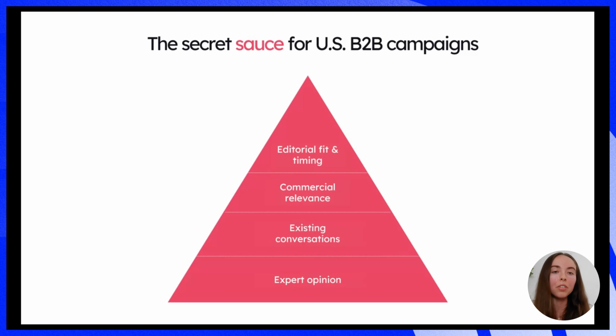And arguably, what I think is the most important one on this pyramid is commercial relevance. Editorial decisions are driven by commercial audience behaviors, meaning stories are judged by how well they fit wider narratives around money and growth. So it makes sense why an outlet like, for example, Fox Business would want to cover a story that presents a much stronger business picture, which is what we found for our specific client.